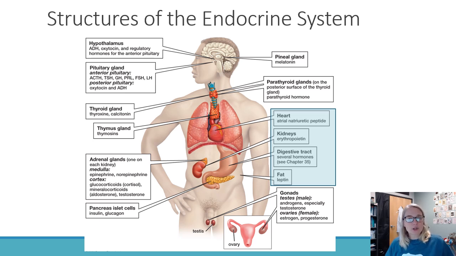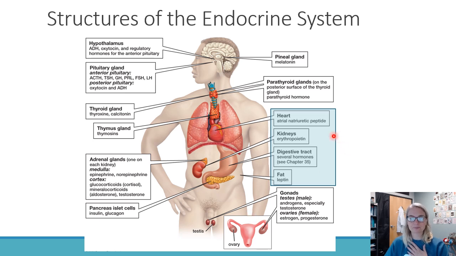So let's take a look at the structures of the endocrine system. So what do they entail? Well, this is a body system, so it's going to have organs, and there's a lot of endocrine organs. So there's quite a few up here in the brain. We have what's called the pineal gland, the hypothalamus, and the pituitary gland, which we'll be talking about more specifically. We have our thyroid and parathyroid glands located right here in our neck area. We have our thymus, which sits above, or superior to, the heart. We have our adrenal glands, we have our pancreas, and we have our reproductive organs, our gonads, the testes and the ovaries.